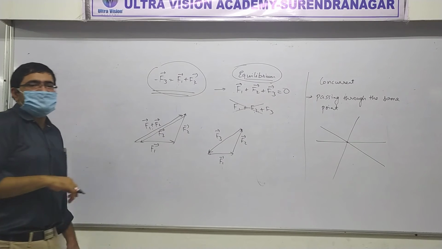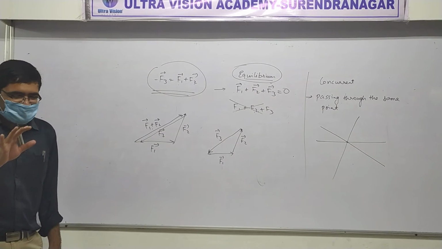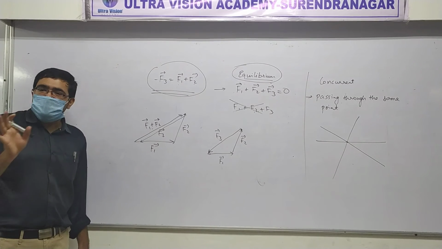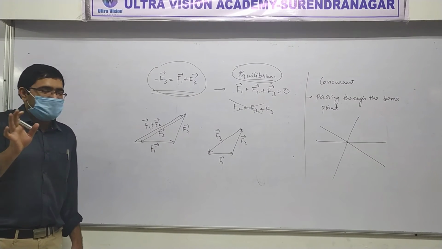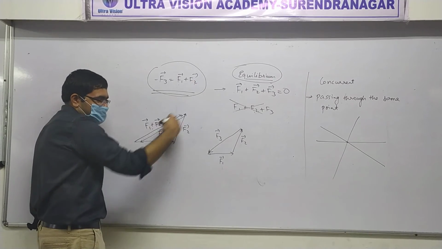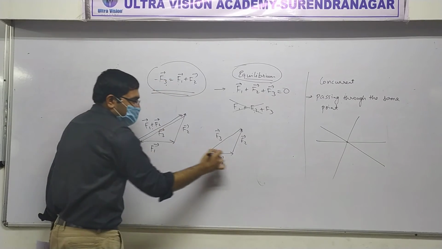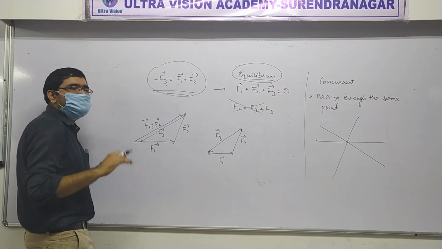Yes or no? Yes. Do you all understand this? Yes. Sit down, both of you. Well done. Is this clear? Yes. Sure? So what do we have? We should have F1 vector like this, F2 vector like this, and F3 vector like this, so that this condition is satisfied and the total of all the forces will become 0.